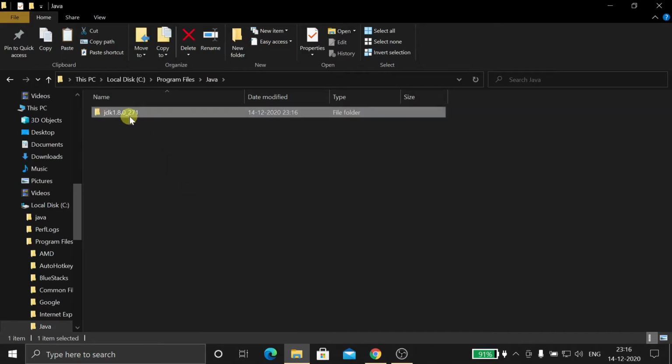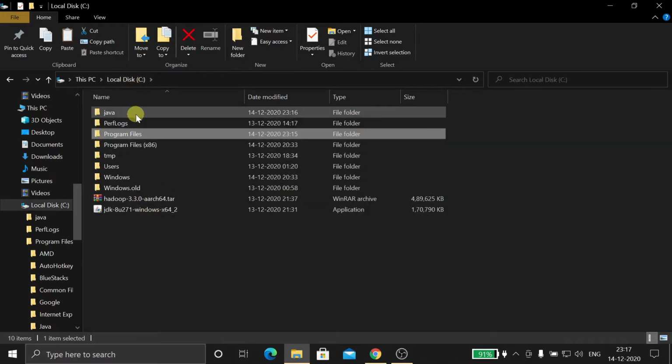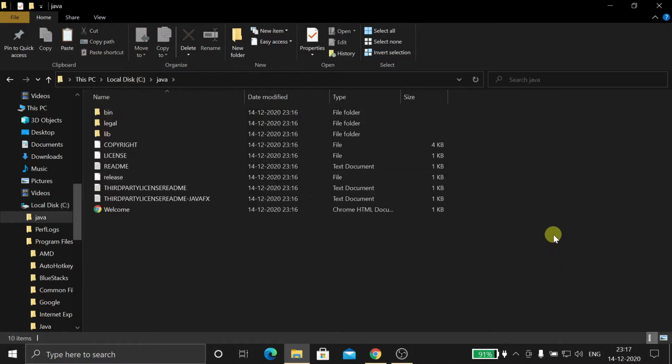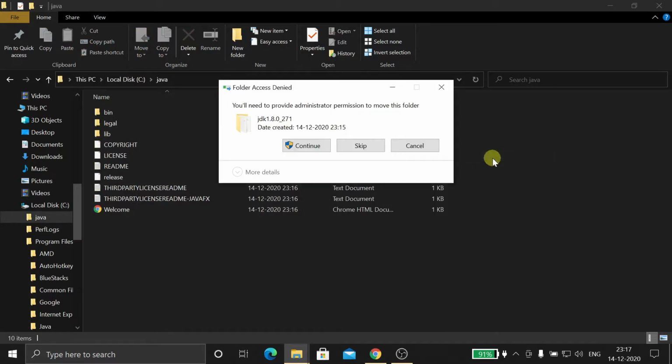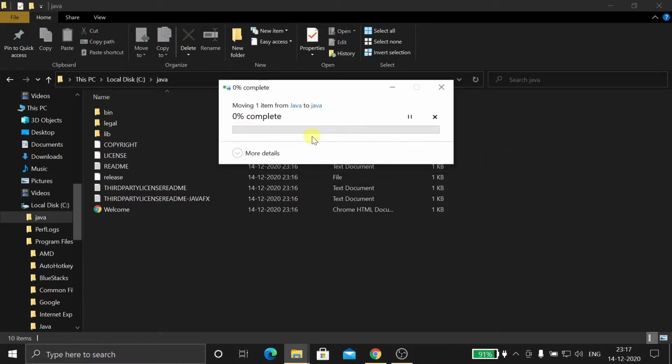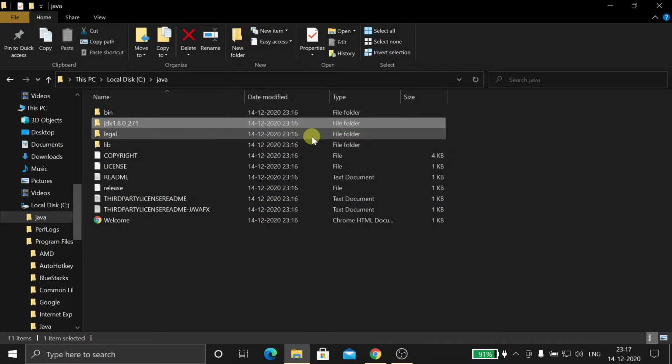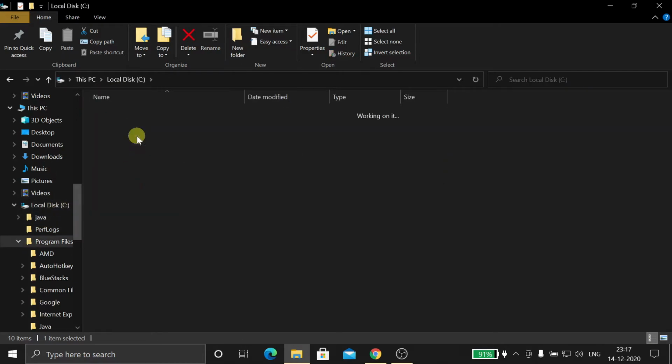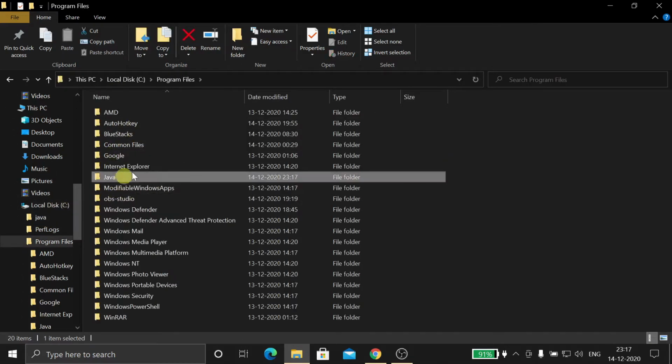Open Java, simply cut, go back to local disk C, to the folder which we have created, Java, and simply paste. Continue. We have completed the copy and paste task. Now go back to local disk C, Program Files, and delete this Java folder.